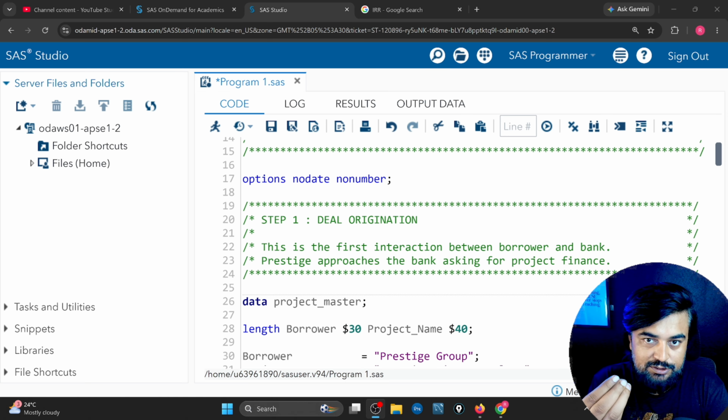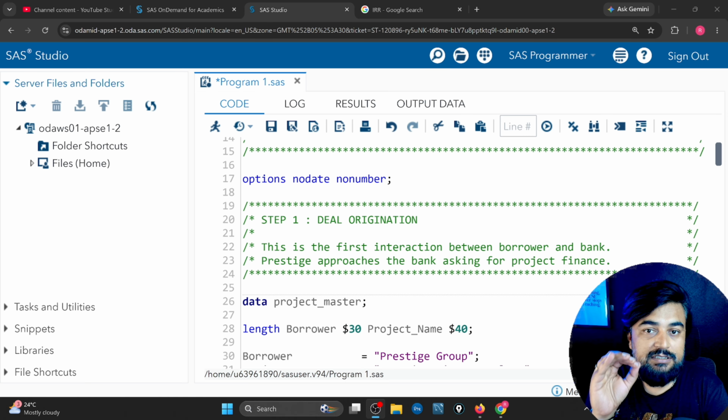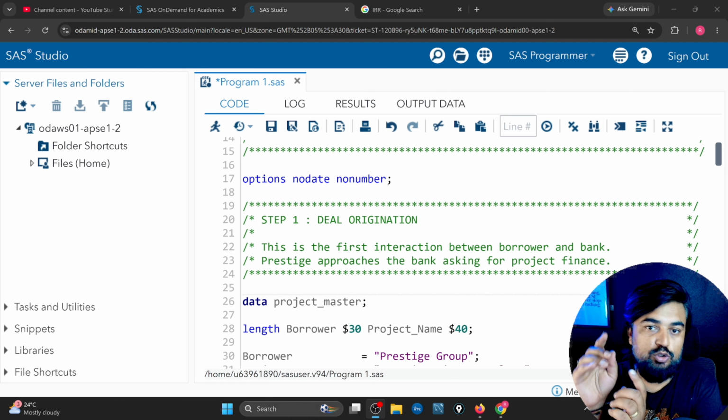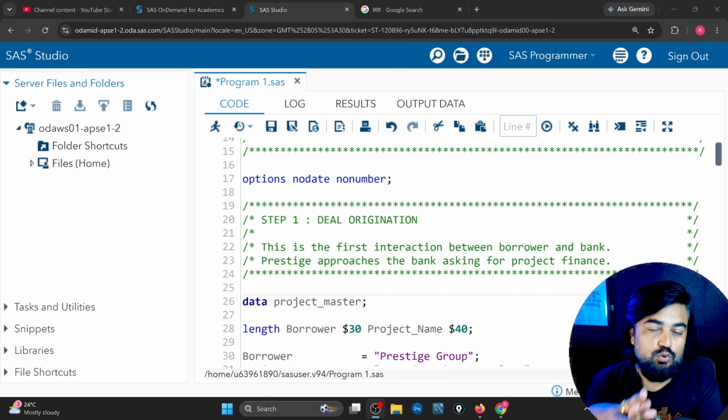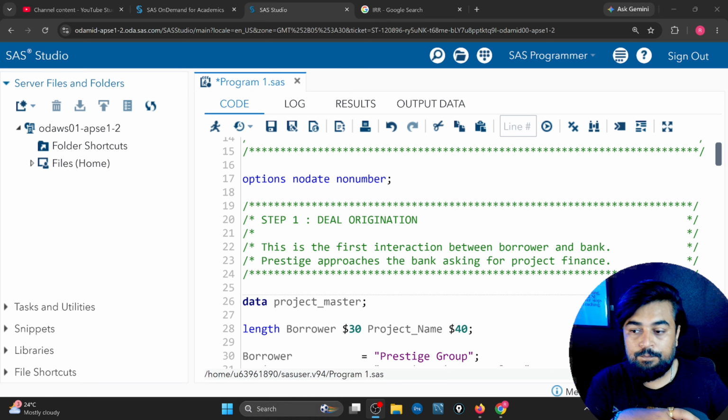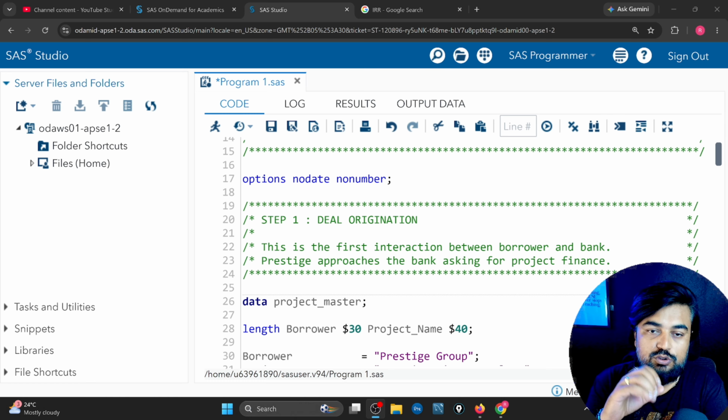In the previous video, I explained all the 17 major steps used in B2B lending when the bank is doing that. In today's video, I'm going to show you the working SAS code. You will be able to download this SAS code from the description box, and I will put it in the GitHub repository so that you can download it. Now, the objective for today is to understand the SAS programming aspect of this when you're building